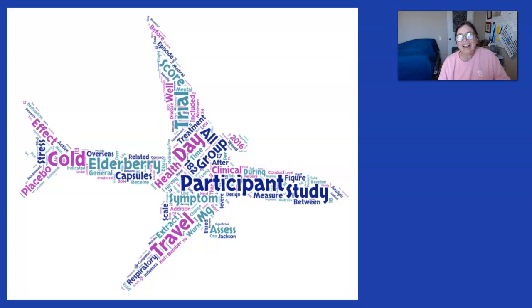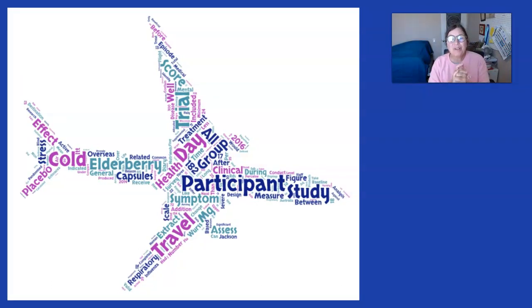art out of it. Now, what is the purpose of this particular activity? First, by using this computer technology, it's a way to slow down also and look at a text, in this case a primary research article, because the computer does the work of pulling out the most important, or at least the most frequent words. Second, because we're going to post this word art that you make in your thinking group